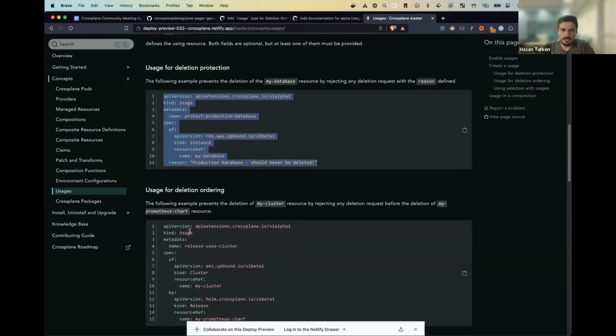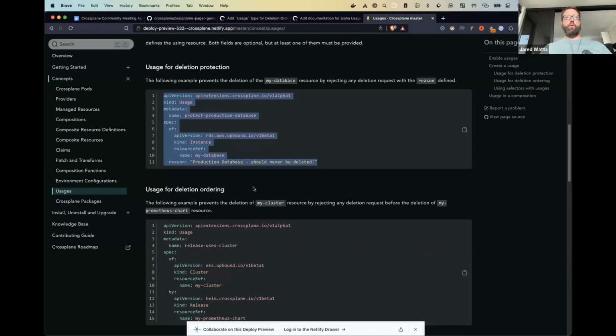But yes, by is optional. And then if the day came where you would truly want to delete this resource, you delete this usage object first, and then you can go ahead and delete the resource it is pointing to. Yeah, that's true. Makes sense.